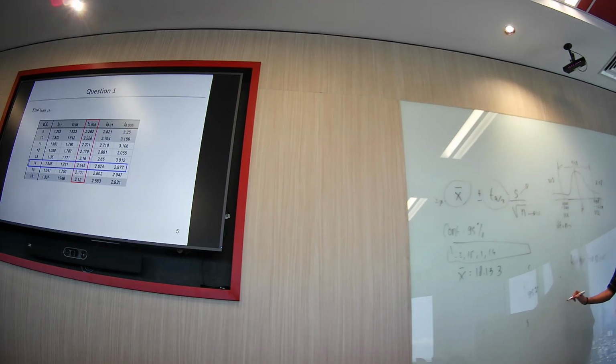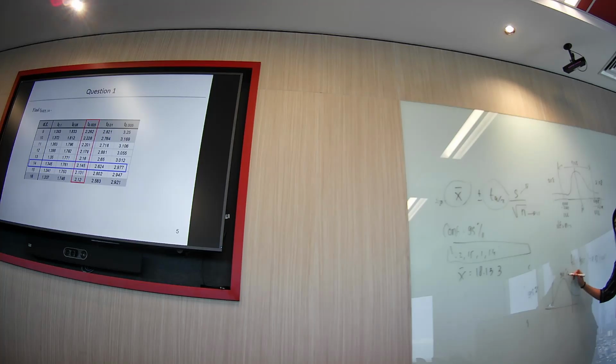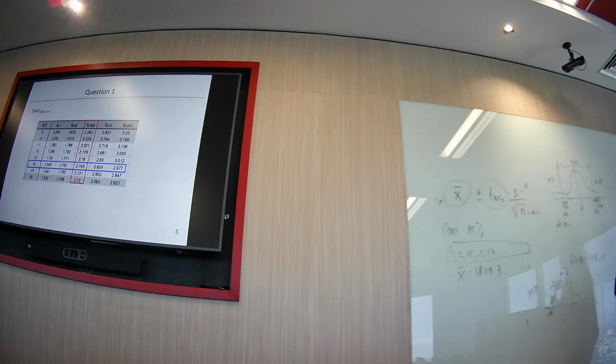So again, if my question is changed and the confidence interval becomes 90%, then it's 5 and 5. This time you need to find the 0.05. So it's always the lower limit? Always the lower limit, because this one is lower. But actually the upper limit also gives you the same number.